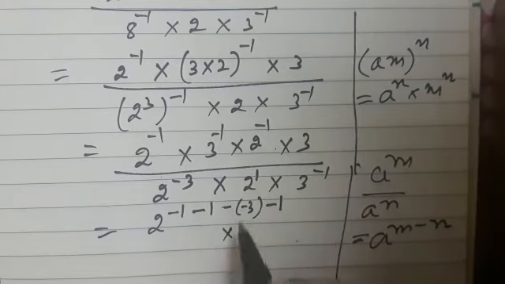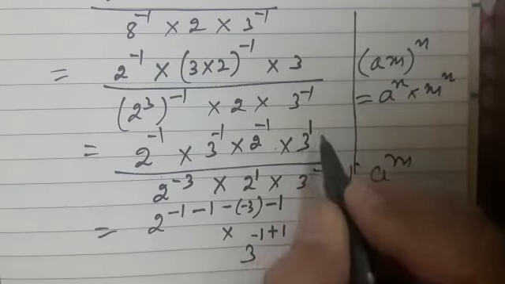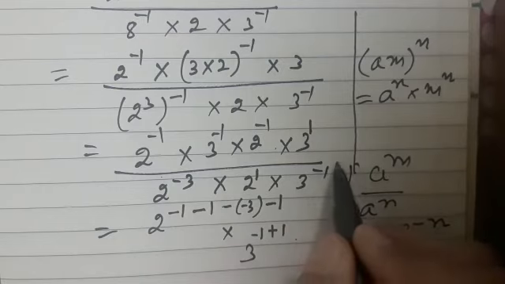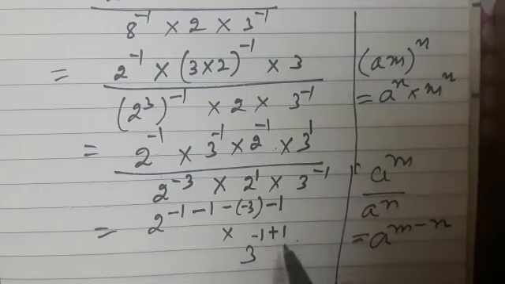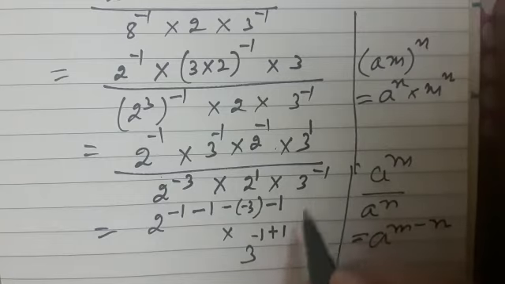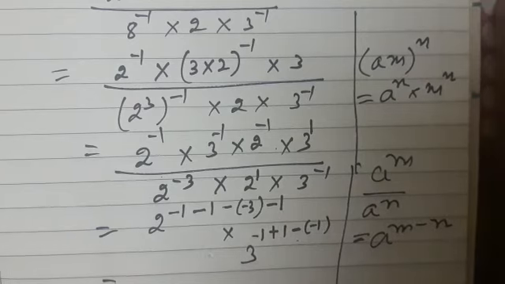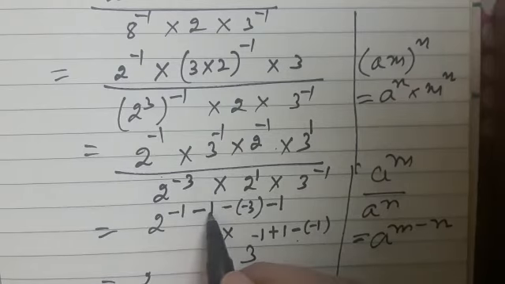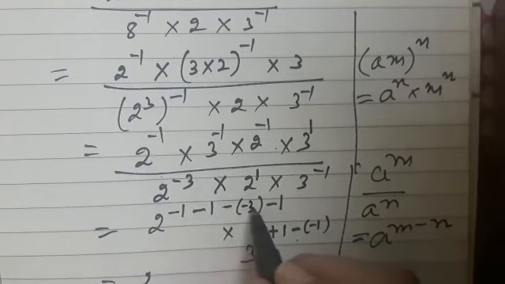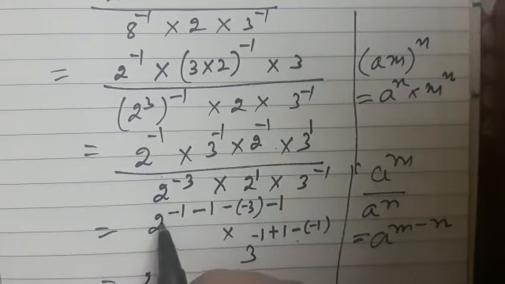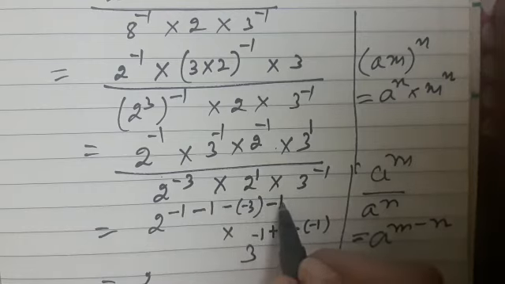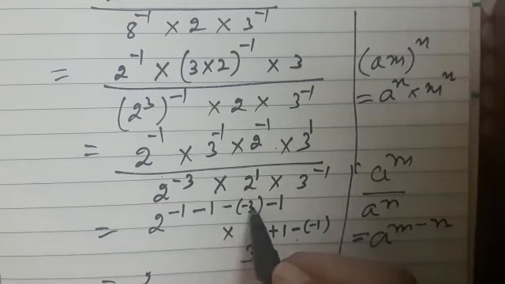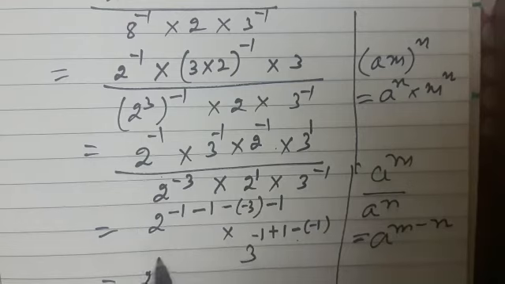Multiply by, now collect the powers of 3 from the numerator first. Minus 1 plus 1, this is 1. And if you take this minus 1 from the denominator to the numerator, this becomes minus of minus 1. So this is equal to, now simplify this, 2 raised to the power minus 1, that is minus 2. Here it is plus 3 and here it is minus 1. So minus 1, minus 1, minus 1 gives us minus 3. Minus of minus 3 is plus 3. So minus 3 plus 3 gives us 0.